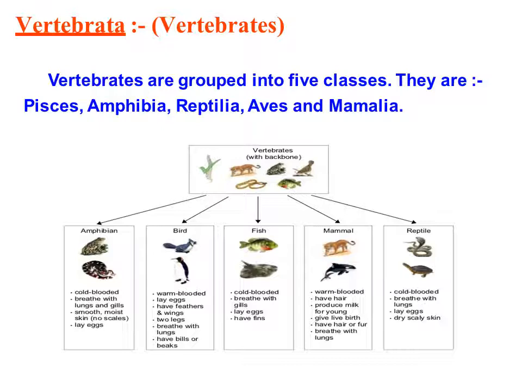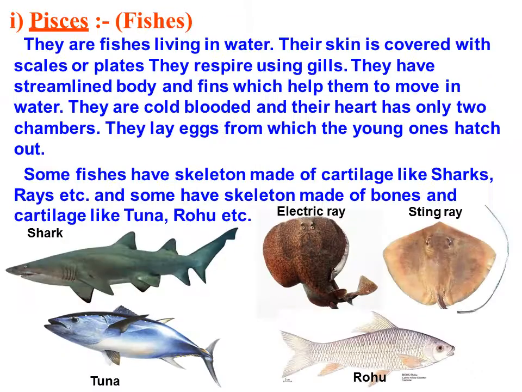They are cold-blooded and they breathe through gills. We have mammals. They are warm-blooded, have hairs, give birth to young ones, and breathe with lungs. Then we have reptiles. They are also cold-blooded and breathe with lungs. They have a dry skin or scaly skin, we can say. So we all will discuss one by one in a more precise way. So let's start with